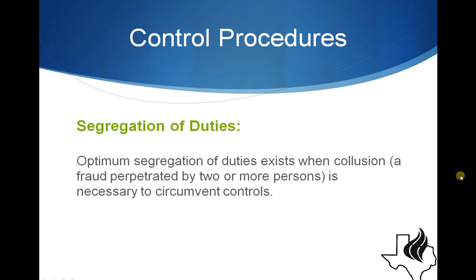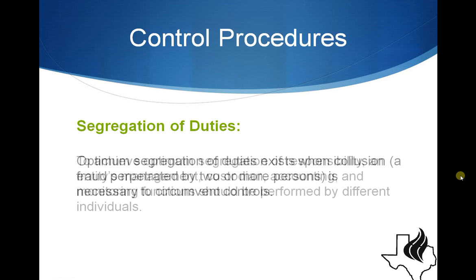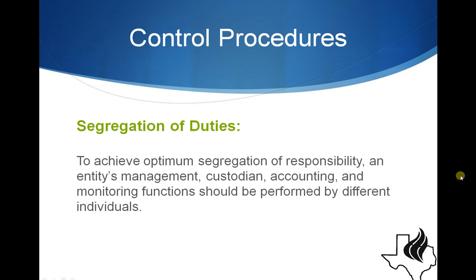Segregation of duties. Optimum segregation of duties exists when collusion, a fraud perpetrated by two or more persons, is necessary to circumvent controls. To achieve optimum segregation of responsibilities, an entity's management, custodian, accounting, and monitoring functions should be performed